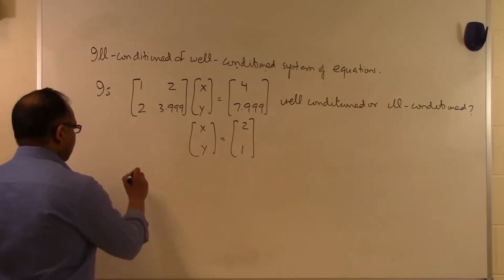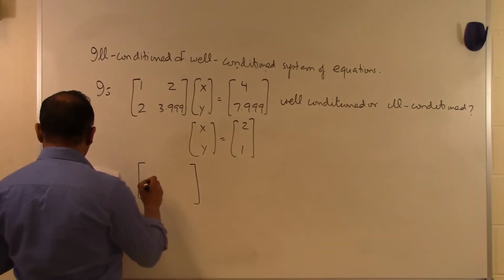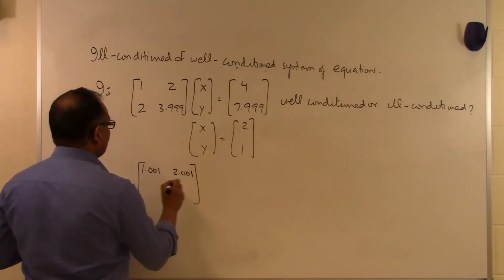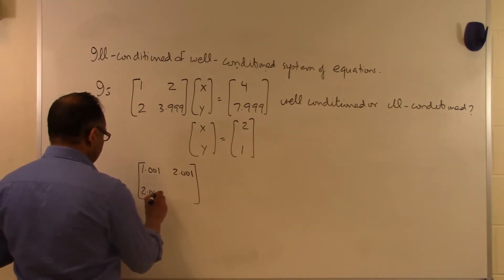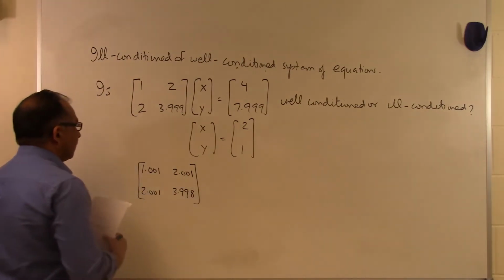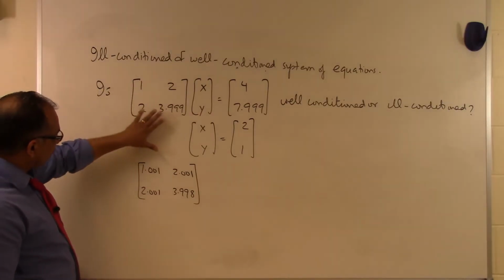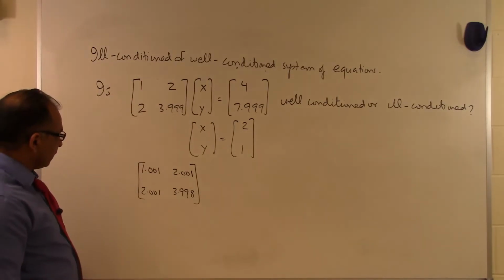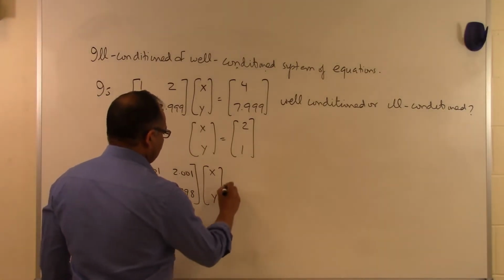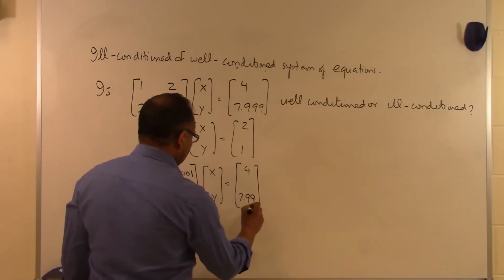What I'm doing now is, let's suppose I make a small change in my coefficient matrix. So what I'm doing is as follows. I'm taking 1.001, so I'm making a small change in the coefficient matrix, changing it by the thousandths. I get 3.998. So I'm making a change of about a magnitude of 0.001 for all of these elements in the coefficient matrix, and I will not change the right-hand side. And I want to see whether it makes a big difference in my solution.